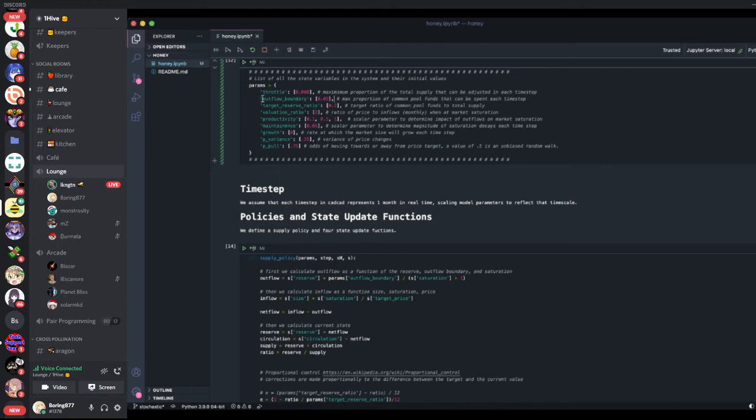Cool. So there's this outflow boundary, which is an abstraction of conviction voting, because we don't actually go into the conviction voting parameters. But in reality, the level of outflows will depend on how we parameterize conviction voting, as well as the behavior of people. The parameters will determine the maximum outflow rate, but the practical outflow rate will be something less than that. And so for the purpose of this model,